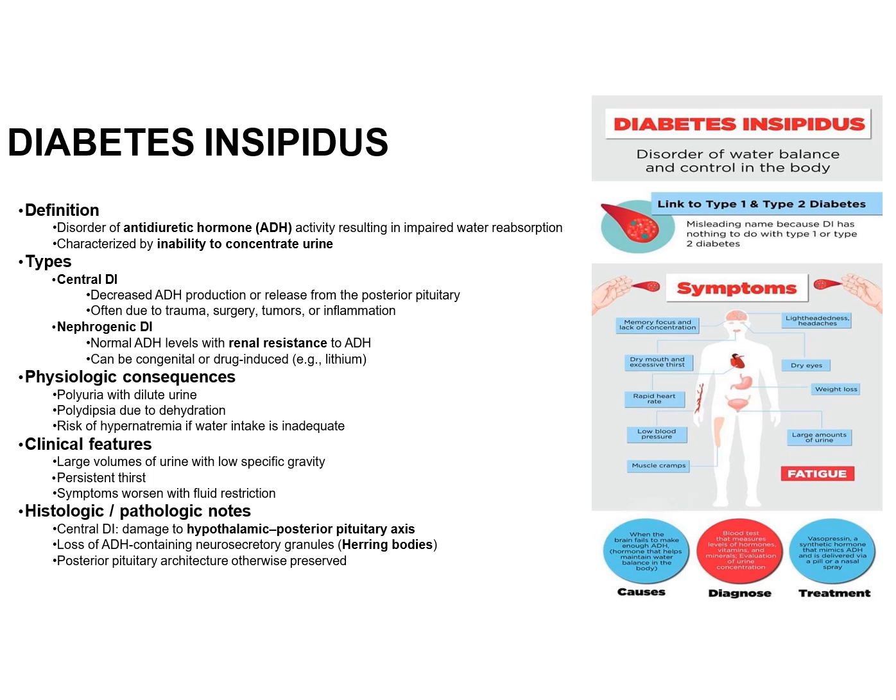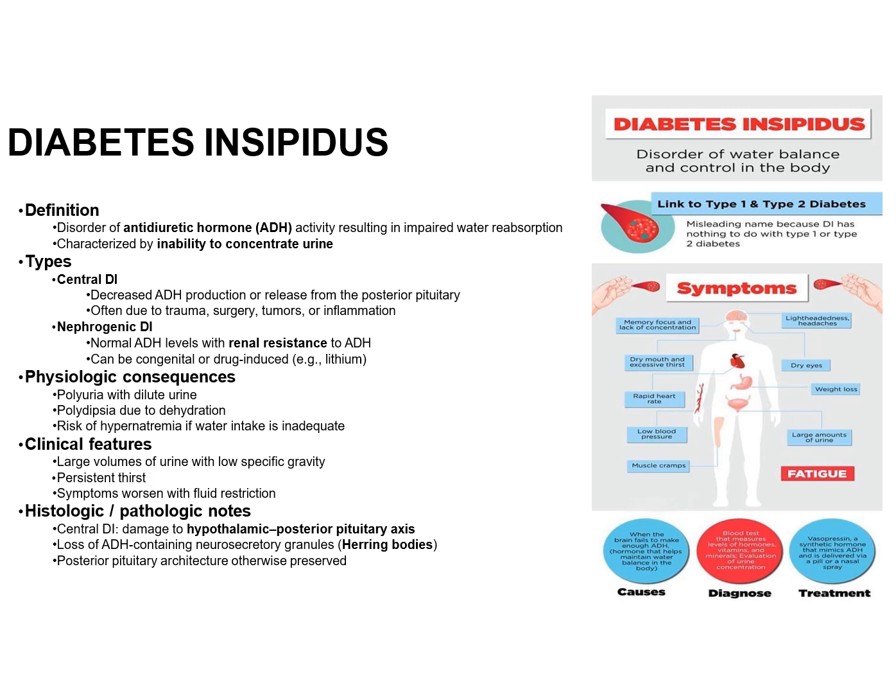Central DI occurs when there's decreased ADH production or release, often due to trauma, surgery, tumors, or inflammation affecting the hypothalamic posterior pituitary axis. And then there's nephrogenic DI, which occurs when ADH levels are normal, but the kidneys simply don't respond. Lithium is a classic cause. Physiologically, patients produce large volumes of dilute urine, which drives intense thirst. If water intake can't keep up, patients are at risk for